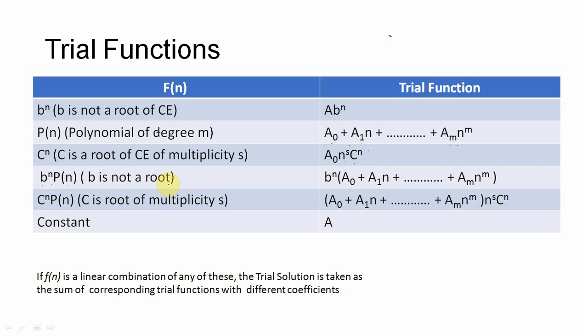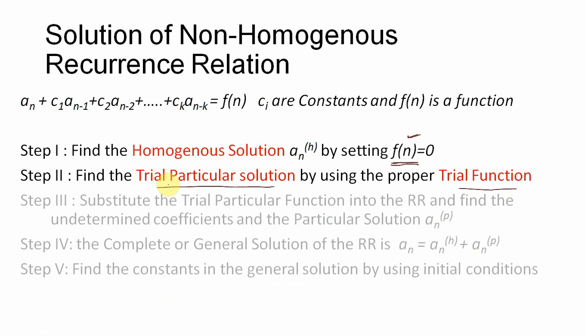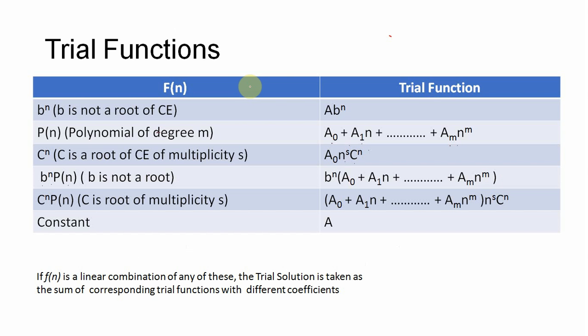Now let us see. These trial functions are identified on the basis of the function f(n). f(n), if you remember, is this part in the recurrence relation. Once I have identified the homogeneous solution, I will use this f(n) to identify the trial function. Now, if f(n) is a constant, then the trial solution is also a constant. If f(n) is of the form b to the power n,